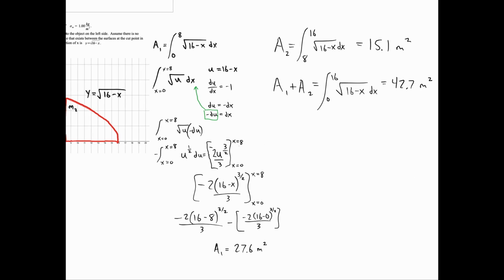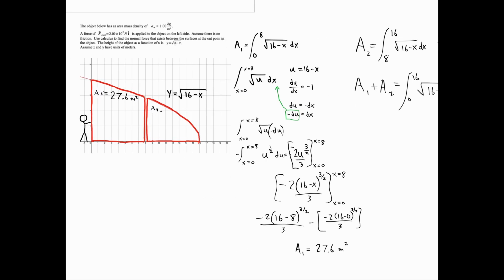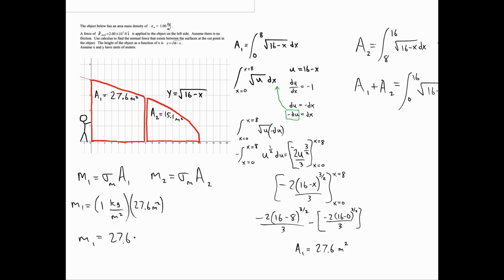All right, so 15.1. Now that I have the areas, I want to turn them into masses. So M1 is sigma times A1, and M2 sigma times A2. Alright, so let's plug in. Use our area mass density multiplied by the area. So that's obviously just going to be 27.6 kilograms. M2